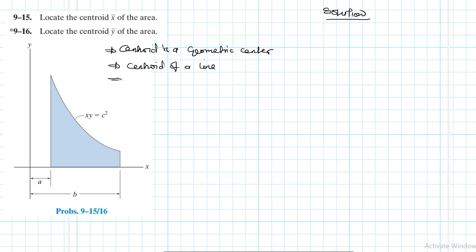You can have what is called a centroid of an area, like in our case. You can have what is called centroid of a volume, right? And if density rho is uniform in a given material,